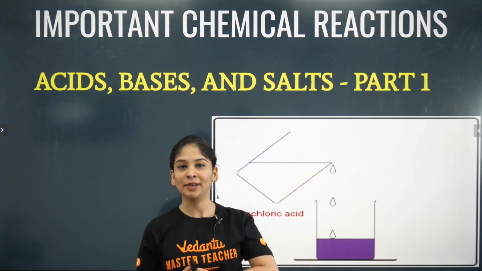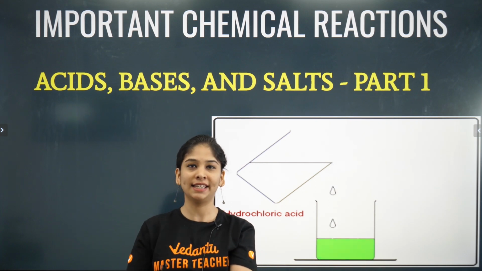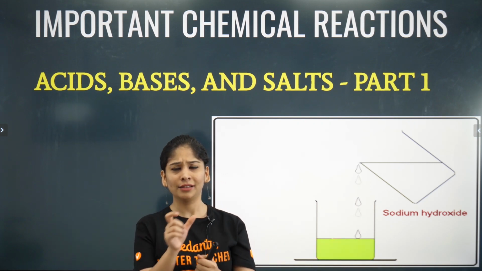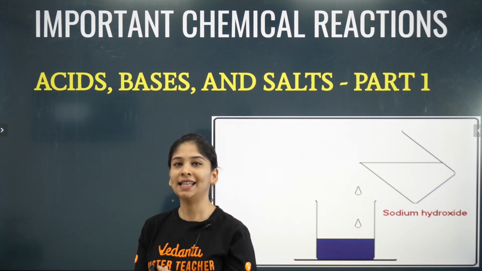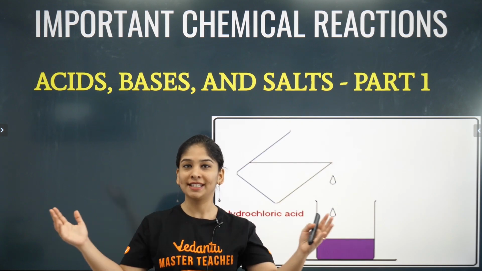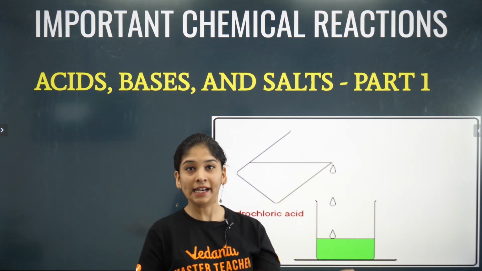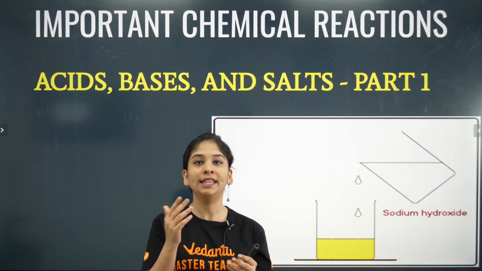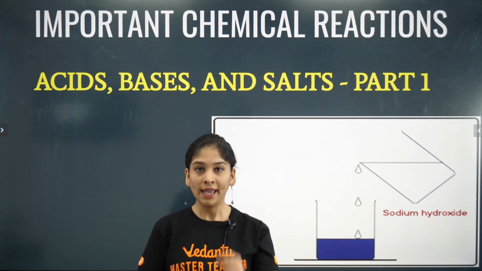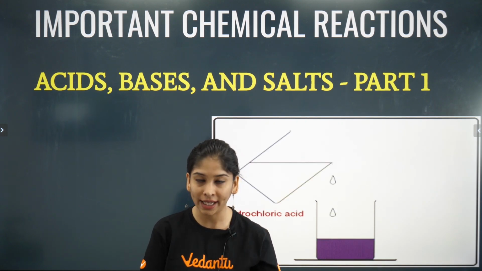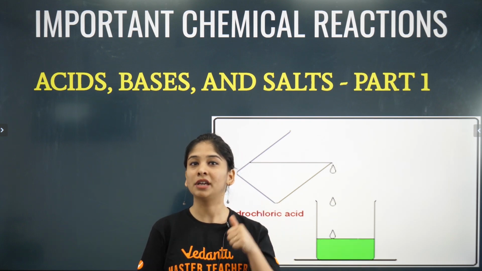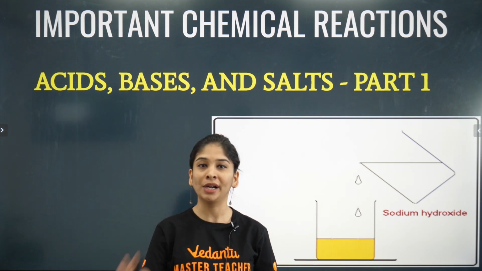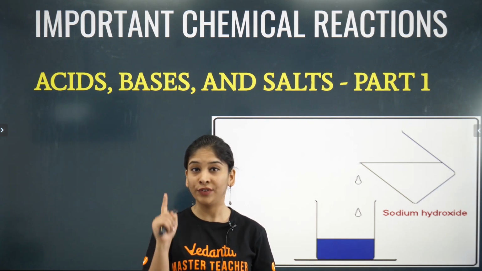आज क्या करने वाले हैं बच्चा लोग? तो आज करेंगे एक special series. So what is the name of that special series बच्चा लोग? That is obviously आपको thumbnail से पता चल गया होगा. That is nothing but रिएक्शन सीरीज. What does that mean? Basically we will discuss all the important reactions of each and every chapter of chemistry. तो एक क्लास already हो चुकी है, please watch it once. That is chemical reactions and equations. उसकी जितनी भी important reactions थी, we have already covered in reaction series video 1.